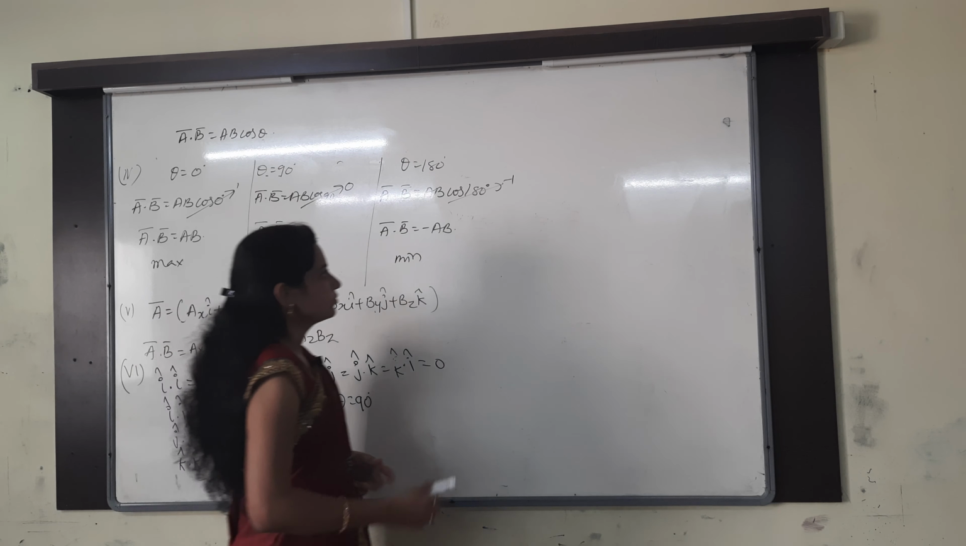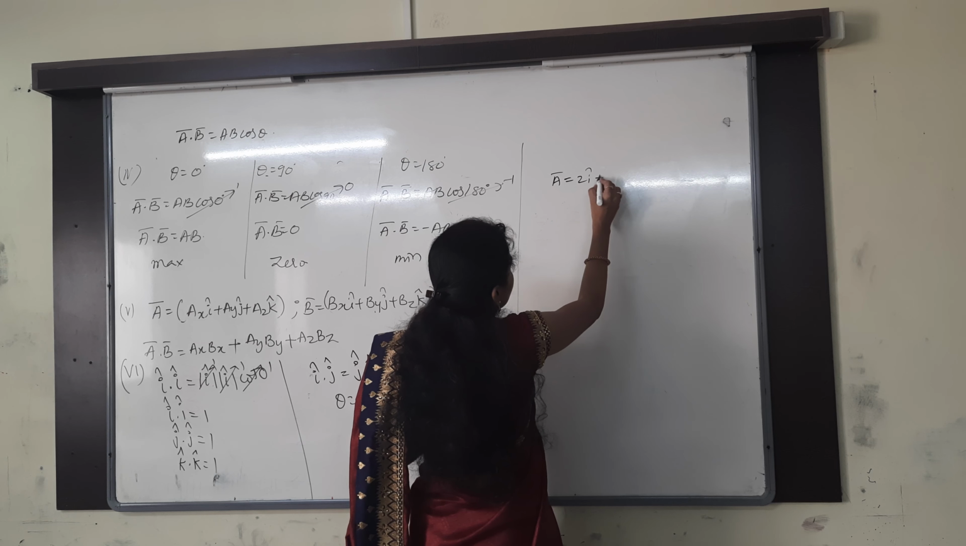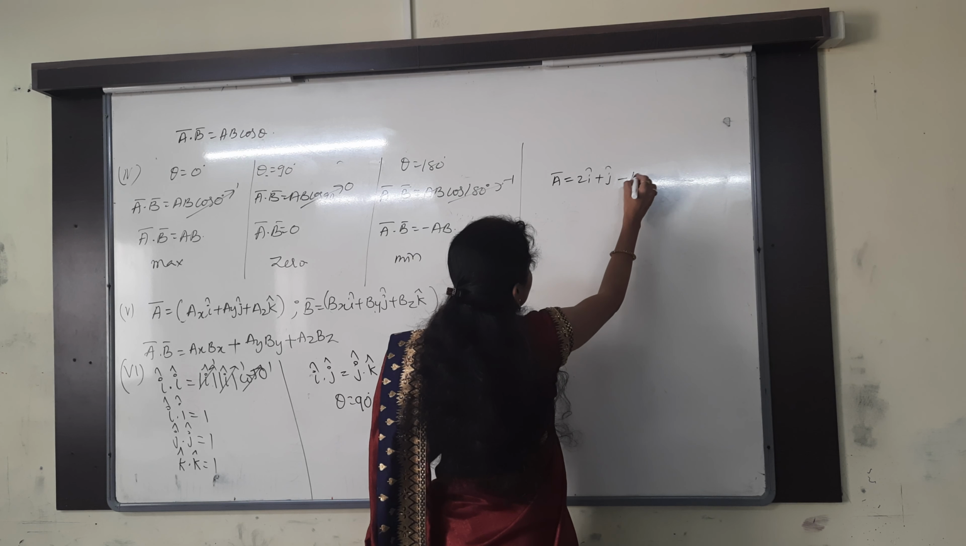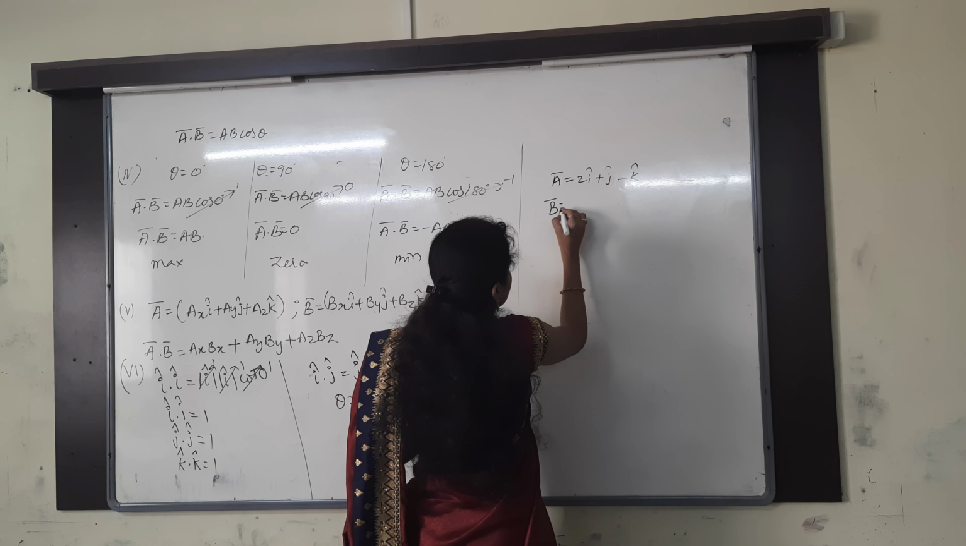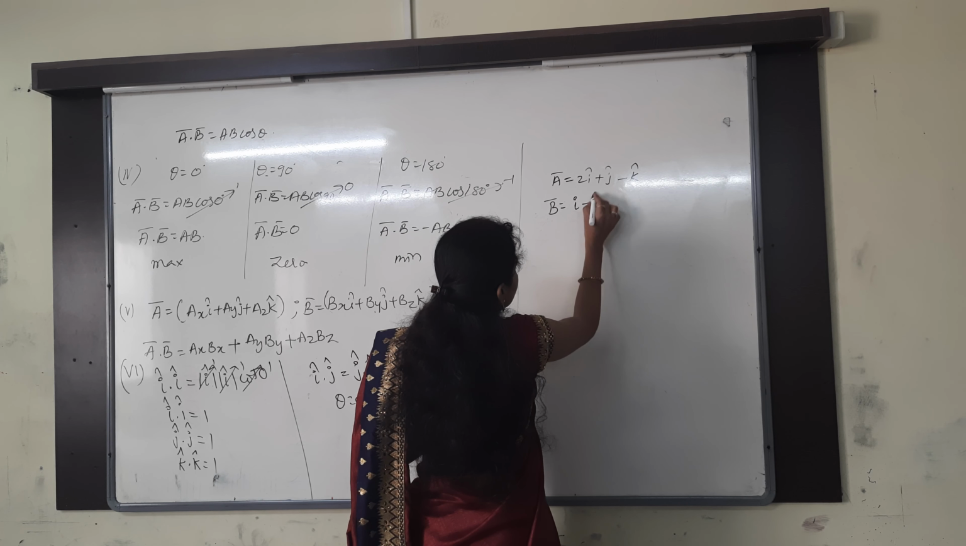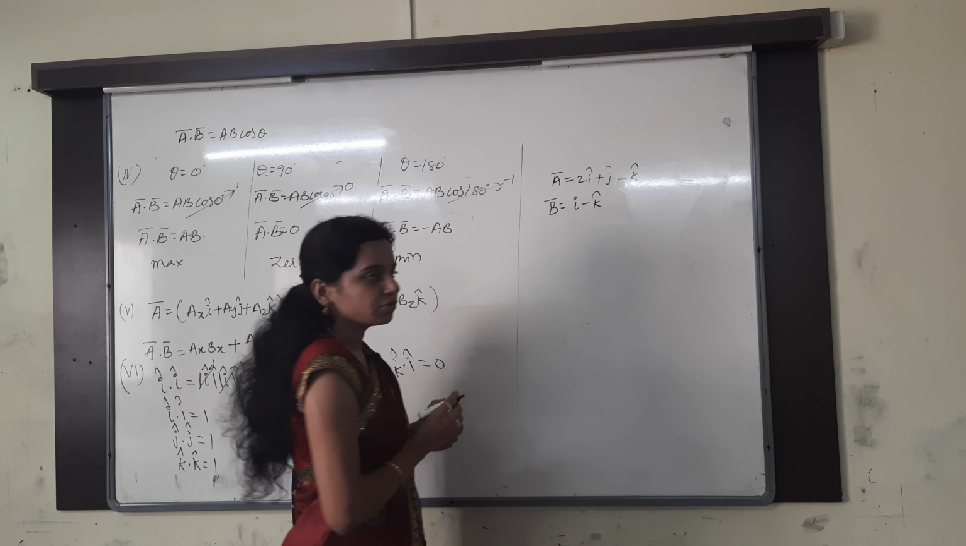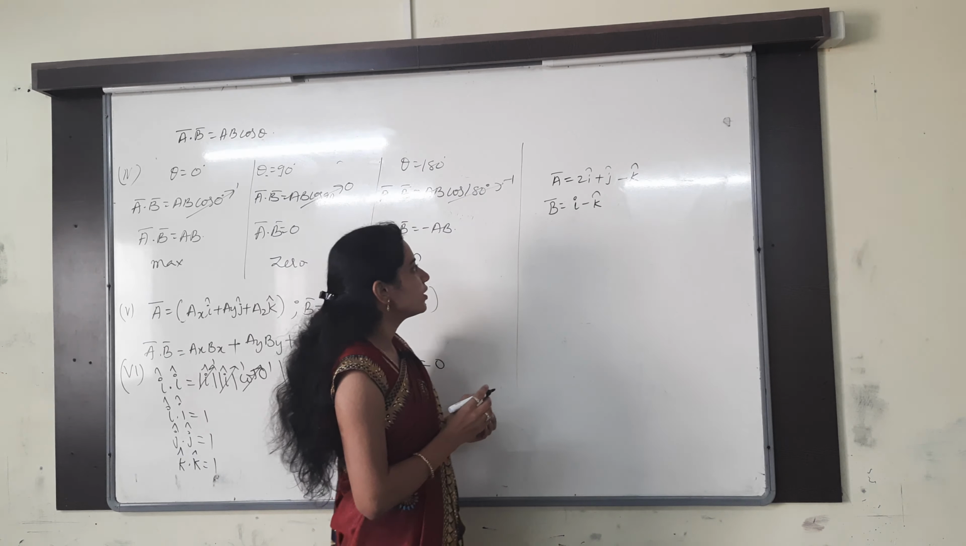Tell me the vectors. 2i cap plus j cap minus k cap. Then next, i cap minus k cap. This is what they have given, two vectors. Now what did I say to find out? Angle between the vectors. So for the angle between the vectors,